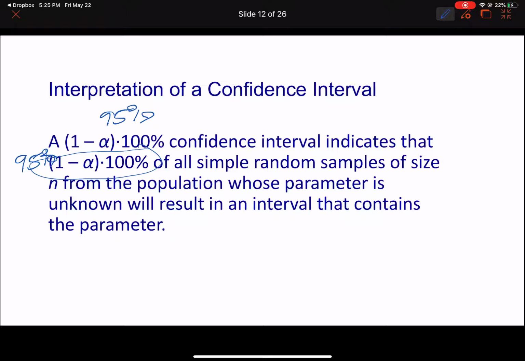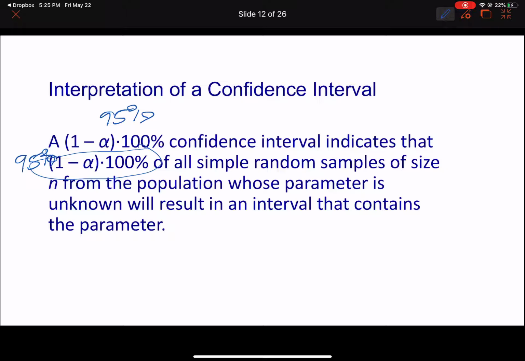I know that whatever the actual mean is, whatever the actual value is, will be in that interval. I can be 95% sure that whatever the actual value is will be in that interval. So let's go back to